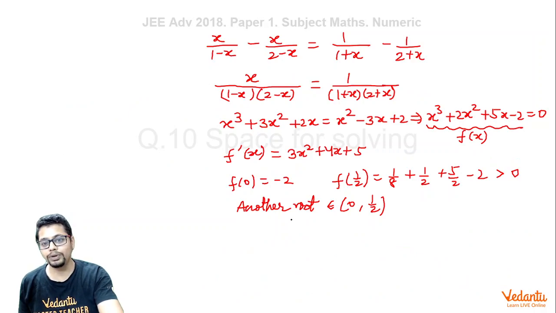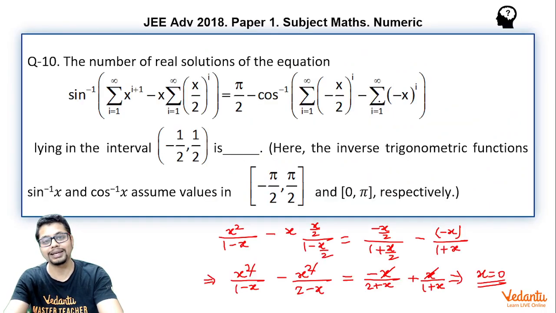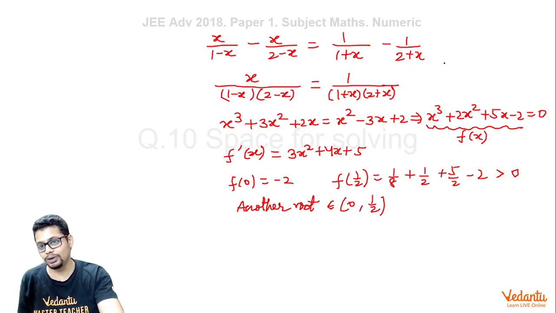So when you take value of x to be between 0 open to half open, the value of this right hand side is clearly less than 1 and greater than 0. Now you may say, sir, but this is a modified expression. So that means you have noticed it right. So we should be checking with the actual original expression, which is when you don't cancel x on both sides. Here we have cancelled x on both sides. So the original expression essentially would be x by 1 plus x, 2 plus x.